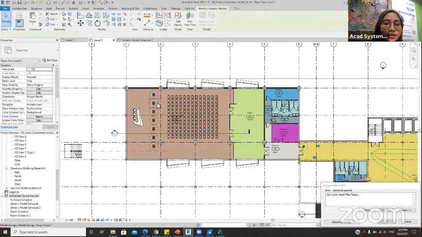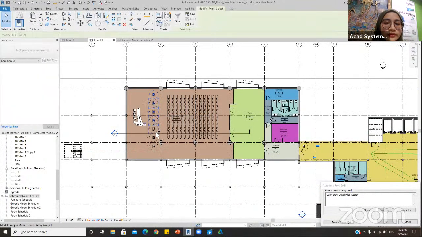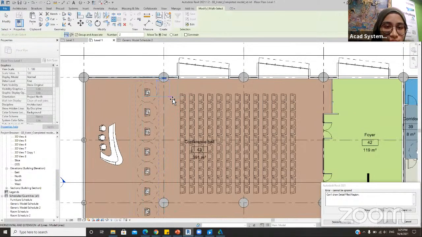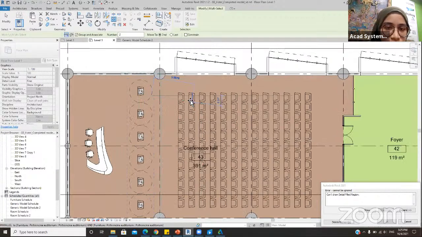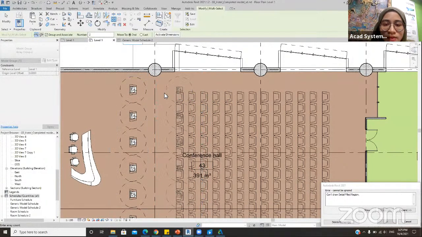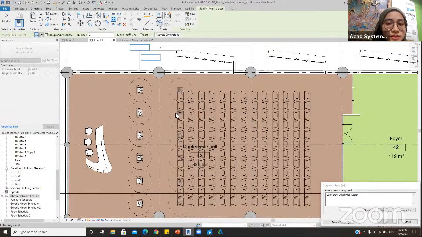No worries. So let me select multiple of them over here. And then you can always use the array button over top here. And then let's say it's supposed to be by the end of here, right? Because we want to align them on top of that one line. All right, and then we can just